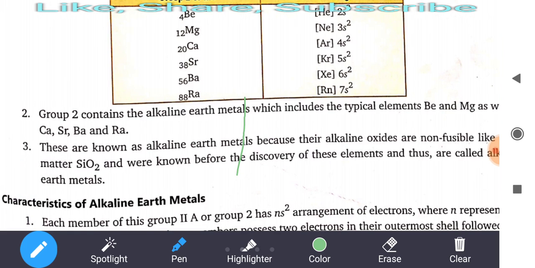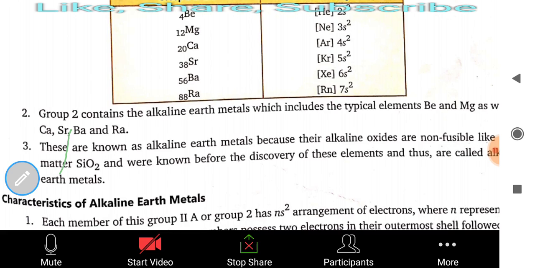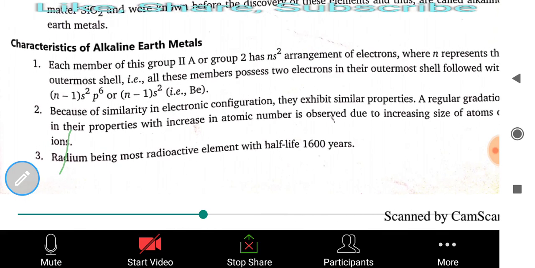Why are these known as alkaline earth metals? Because their alkaline oxides are non-fusible, like alumina and silicon oxide, and were known before the discovery of these elements, and thus they are called alkaline earth metals. Or generally, if we see the previous definitions when chemistry was not so developed, these metals were generally found in the earth's crust. That's why they are known as alkaline earth metals. Okay, so now we read about the characteristics of alkaline earth metals. The first characteristic is that